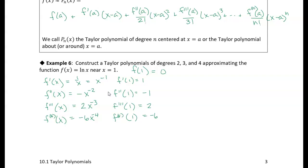Now, it doesn't actually ask for P0, but I could calculate it if I wanted to. It's just going to be the value of the function at 1, which is 0. So I can just leave that out. And then I've got the value of the derivative at 1, which is 1. So the first order Taylor polynomial is just going to be x minus 1. Okay. Now P2